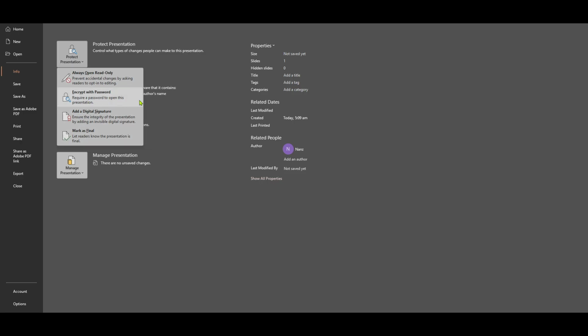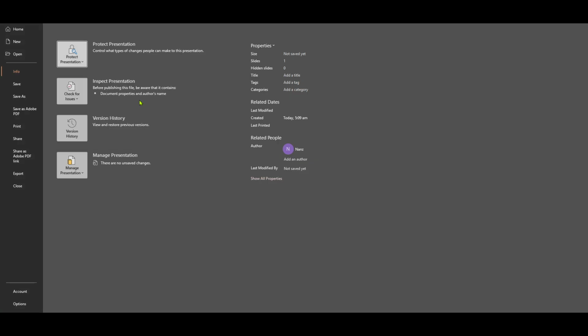It's important to mention that without the existing password, this method won't work, as this ensures the security of your document. Assuming you have managed to enter the password correctly, the password for your presentation is now removed. You'll want to be sure to save your document without the password settings to ensure it is no longer required for future access. And there you have it, a simple and effective way to remove the password from your PowerPoint